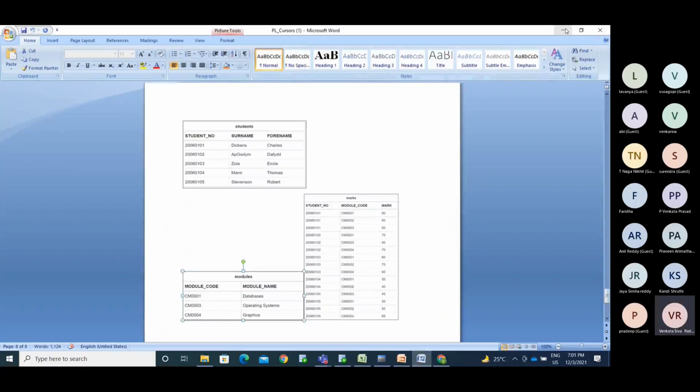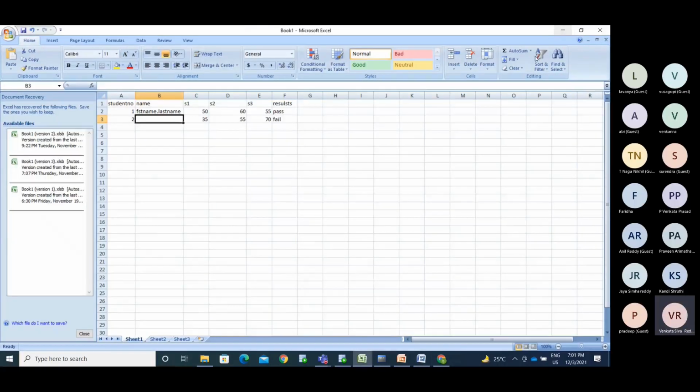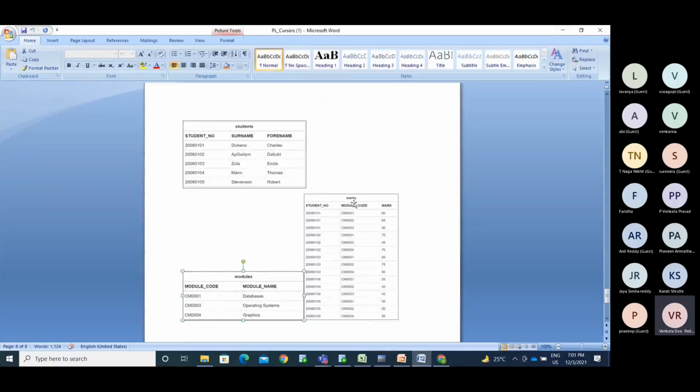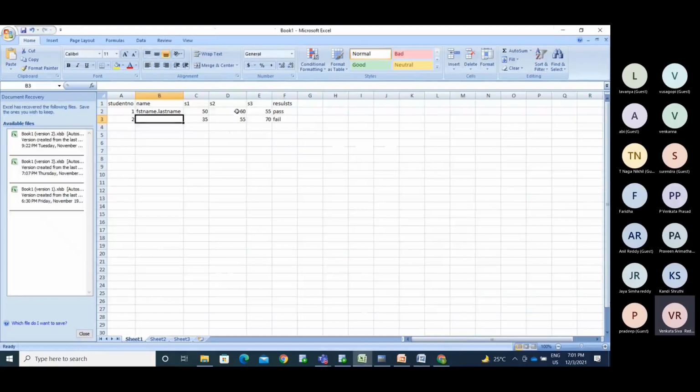And I need to display the subject name. We have the subject code here, which is the module code. I need the module name as well: databases, operating system, graphics. What are the subjects we have? We need to display that.